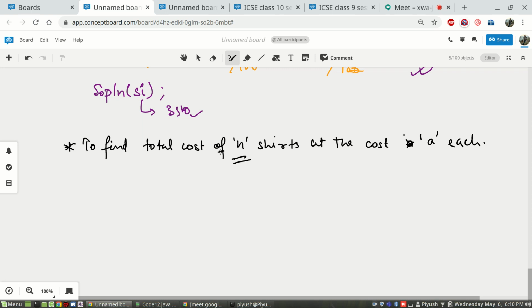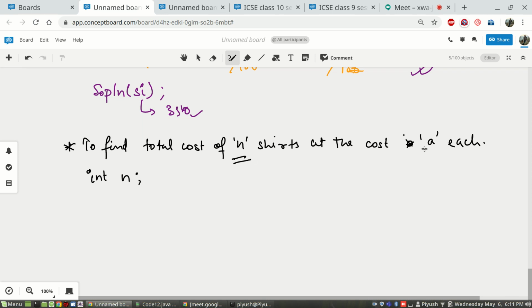Because you never buy 4.5 shirts or 4.2 shirts, right? So decimal values are not logical here. This n will be of type int and not float or double, because float or double will enable you to provide a decimal value, but that won't be logical. So for n, we will write int.